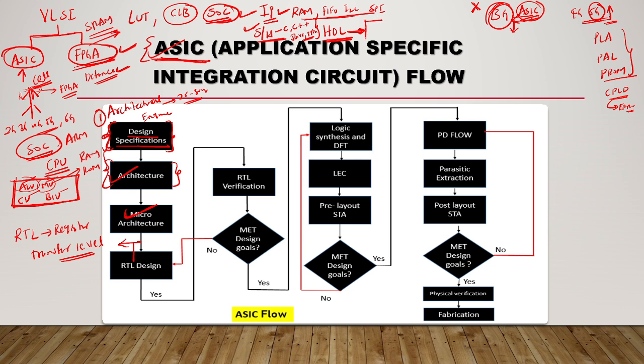There are two types of HDL. Hardware description language is nothing but, we already studied digital combinational circuits, sequential circuits. In combinational circuits, what will be there, in sequential circuits, what will be there, and we already saw FSMs. So we are describing the operation of these digital circuits in textual format, in terms of programming, and that is HDL. HDL has two types: one is Verilog and the next one is VHDL.